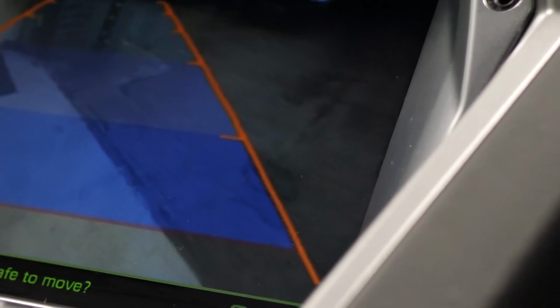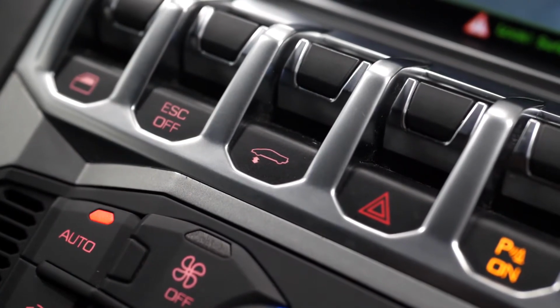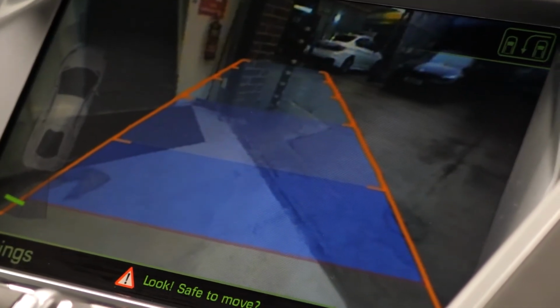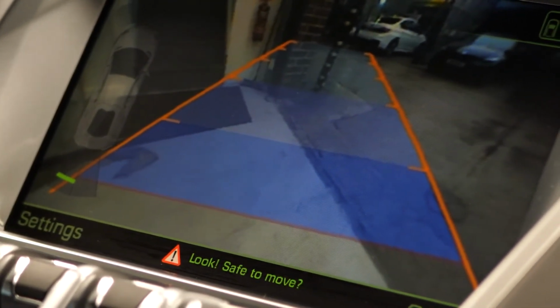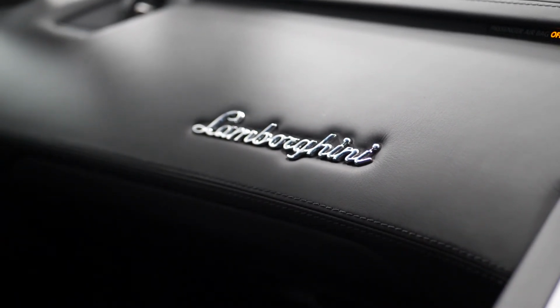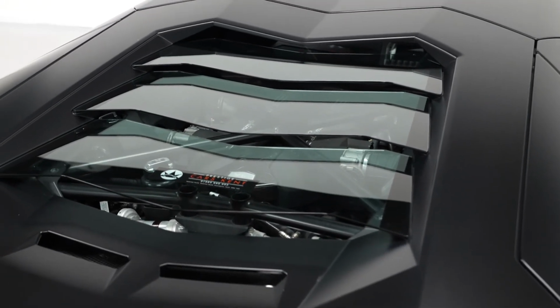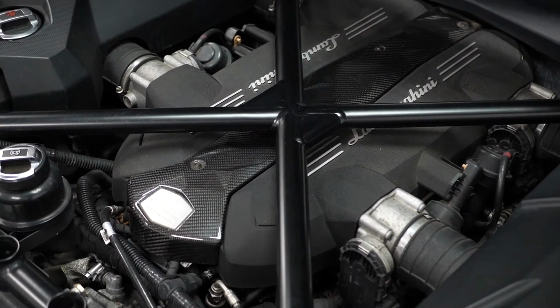On the last row of switches you can see access to the optional front axle lift system. On the center display screen you can again see the reversing camera being shown here. You've also got front and rear parking sensors. The center screen infotainment system also works in pair with the optional Sensonium sound system, which you also have on